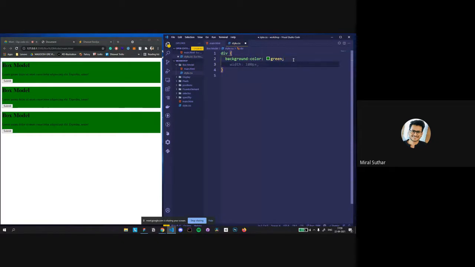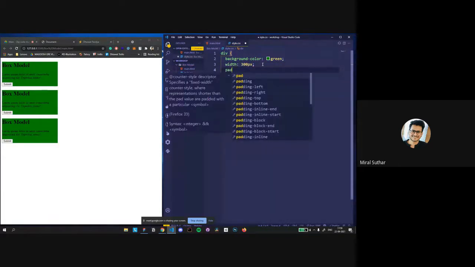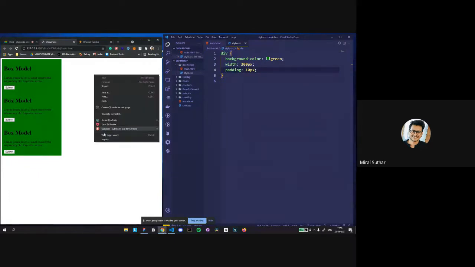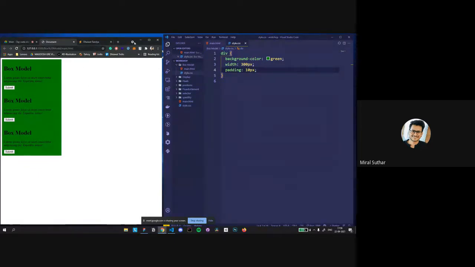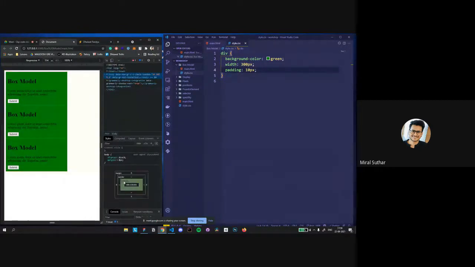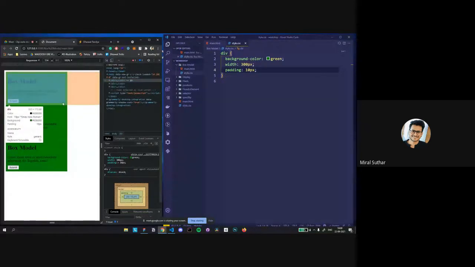Now if I have a width of 300 pixels, and now I add padding of 10 pixels on each side, and we inspect it, see there's 300 pixels, there's an additional 10 pixels, so the total size says 320 right beside the div. We don't want that, we just want 300 pixels.